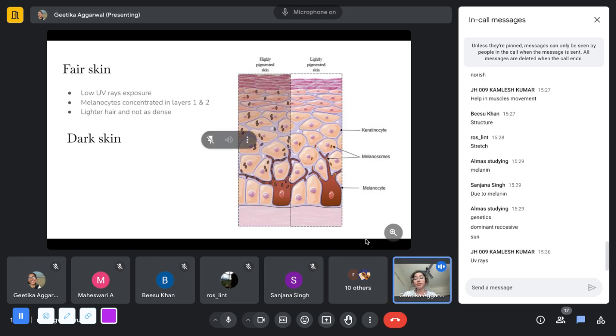So, in fair skinned people, because they are less exposed to UV rays, they do not need so much melanin, and the melanocytes are only found in layers 1 and 2. They also have lighter hair, which is not as dense as in darker skinned people. On the opposite side, darker skinned people have high UV ray exposure. Melanocytes or melanosomes are concentrated up to layer 3, and we have darker and denser hair to protect us